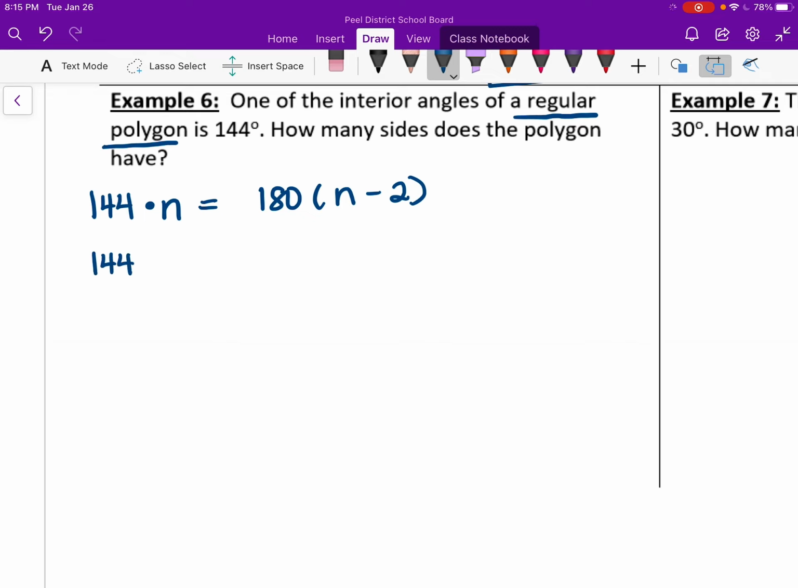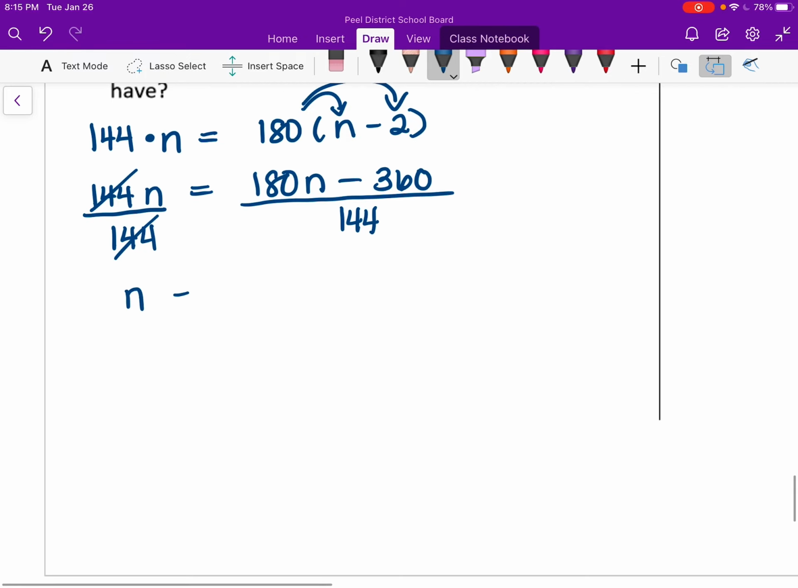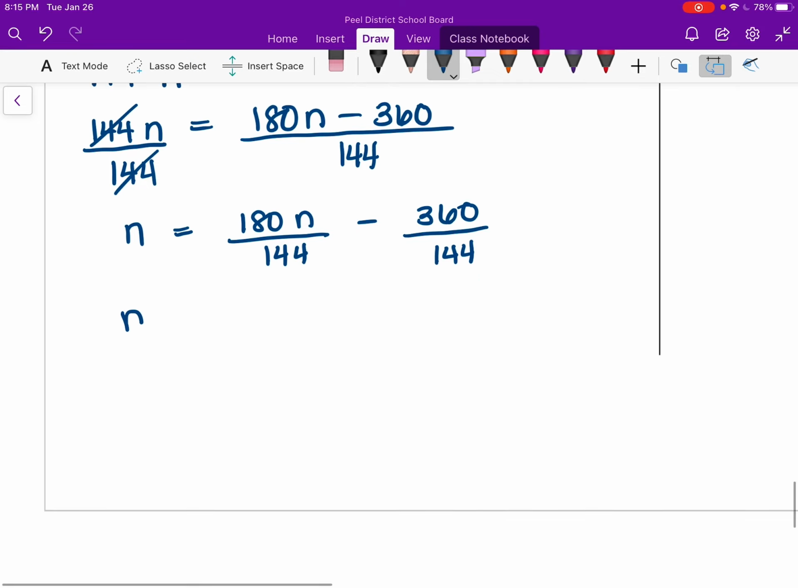So we have 144 multiplied by n is equal to, let's expand this, 180 times n is equal to 180n. 180 times negative 2 is equal to negative 360. Right? I want to get this n by itself on this side, so I personally decided to divide by 144. Divide both sides by 144. Cancel that out. So I'm left with n equals 180n over 144 minus 360 over 144. I just split up the fraction so that I could do that. n is equal to